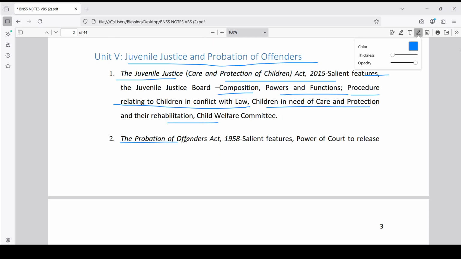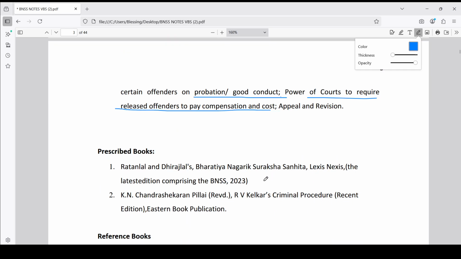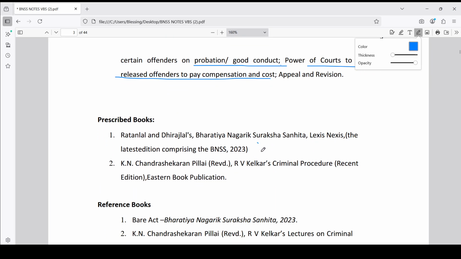Next is the Probation of Offenders Act 1958: salient features, power of court to release certain offenders on probation of good conduct, power of court to require a released offender to pay compensation and costs, appeal and revision. Here are some books to refer to,